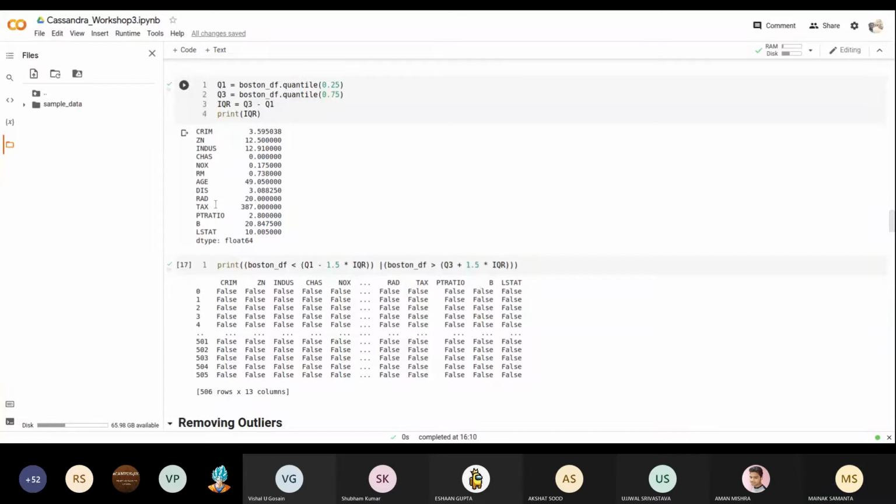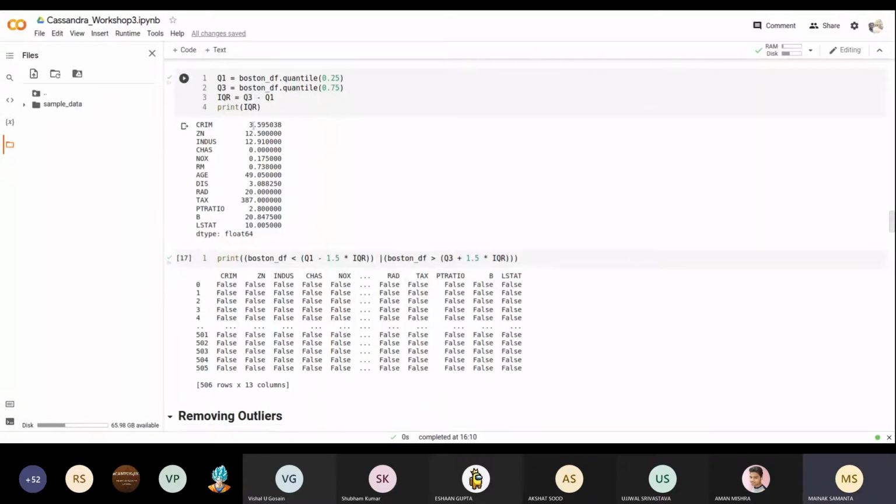Okay, so you can see here that somewhere there is 3, 12, 12, 0, 0, 49, 3, 20, 387, 2, 20, 10, like this.